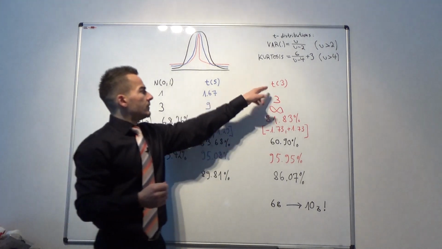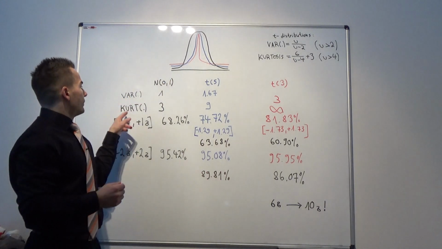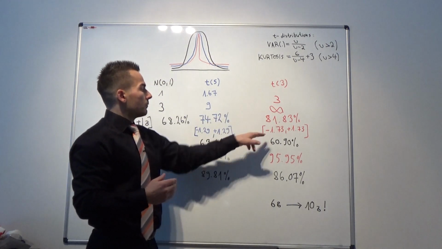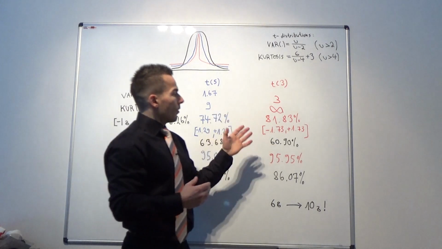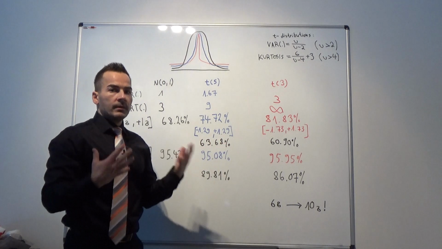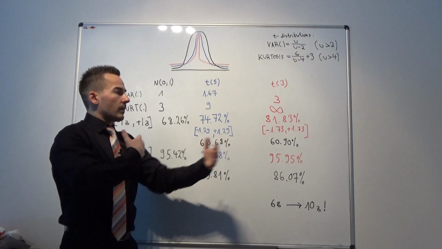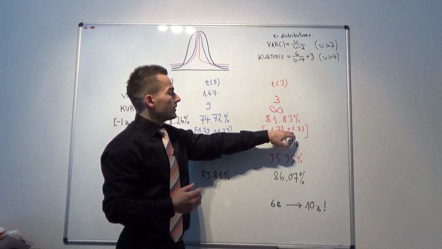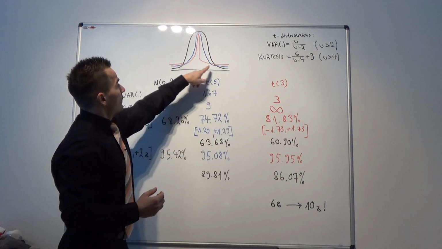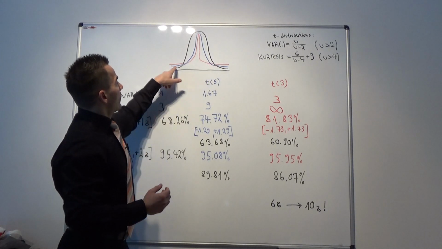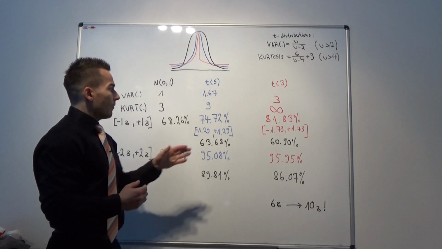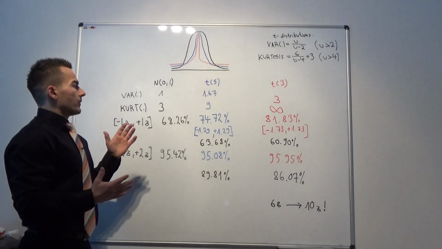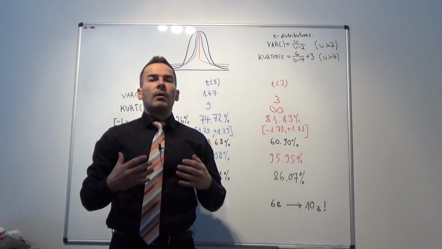As we move to the t-distribution with 3 degrees of freedom, what happens here? The variance is 3. We have to take the square root of 3 in order to get one standard deviation, which is 1.73. So in order to know how much probability mass is between -1 and +1 standard deviation, we have to take the integral from -1.73 until 1.73, and then check how much probability we have here in the red curve. And that's obviously 81.83% probability. Yeah? So we see that this is exactly what Nassim Taleb was talking about in his lecture at